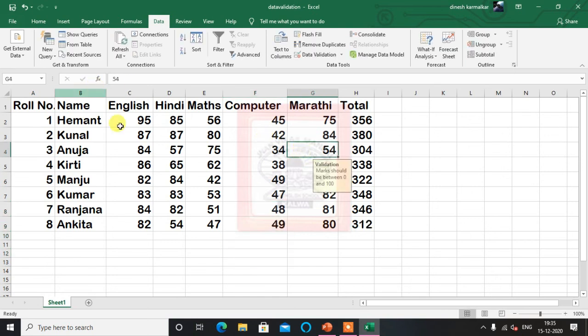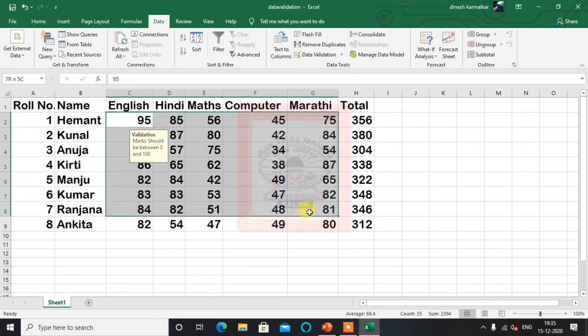So all you can see here, different rules: 0 to 100, in maths 0 to 80, in computer 0 to 50, and again in Marathi 0 to 100. So this way we have created customized validation rules for everything, and you can give the same rule to all the fields, or you can give different rules for different columns.